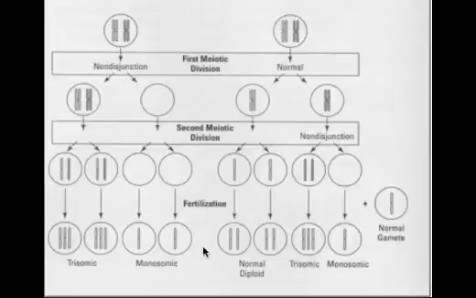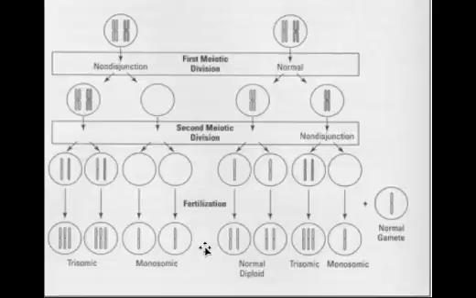In this particular figure, we're looking at consequences of non-disjunction, which is failure of chromosomes, either homologous chromosomes or sister chromatids, to separate during meiotic divisions. Now remember, meiosis is the type of cell division that is associated with the production of gametes, meaning sperm or egg, and gametes have the haploid number of chromosomes. So in other words, there's a reduction of chromosome number as well as a reduction of chromosome material in order